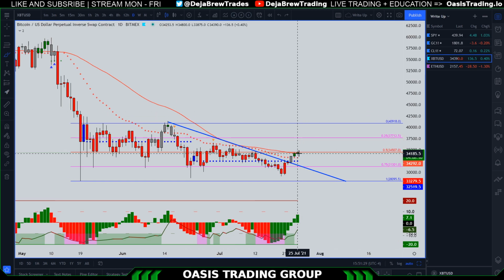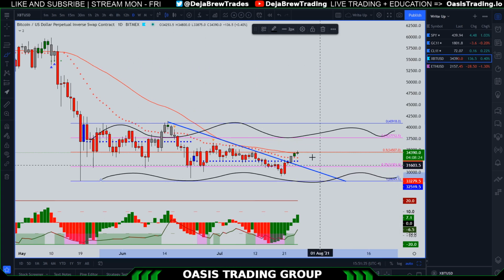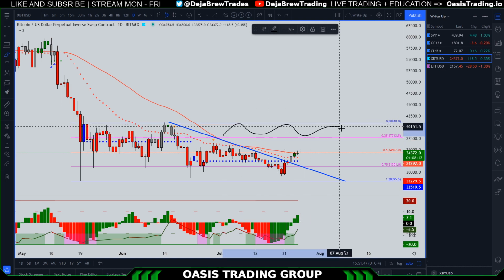Now, like I always tell you guys, when you're in ranges like this, you want to sell the highs and buy the lows, right? Now, that is still the case, but I would be a little careful here. If you start to push up here towards that 40,000 range high,